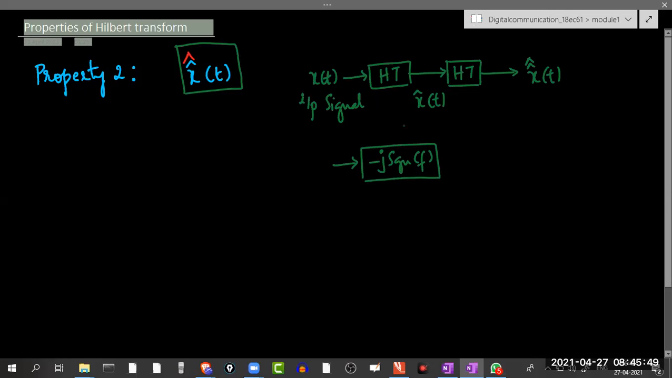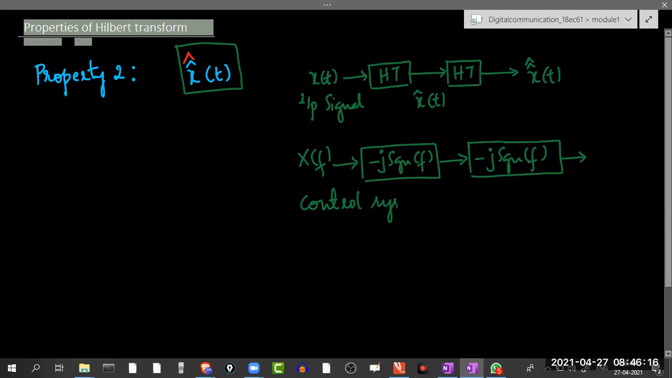So this is the transfer function of the first block. Likewise, the other block is negative j signum function of f. And let's assume that I'm passing an input signal in the frequency domain, X of f. Now, you might have studied in your control system course that